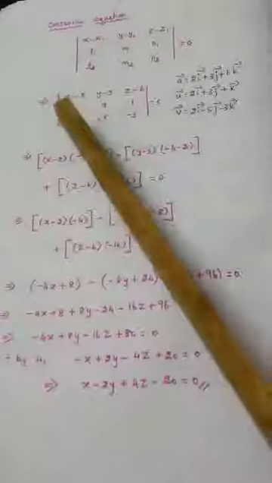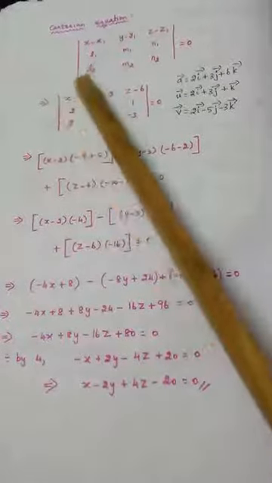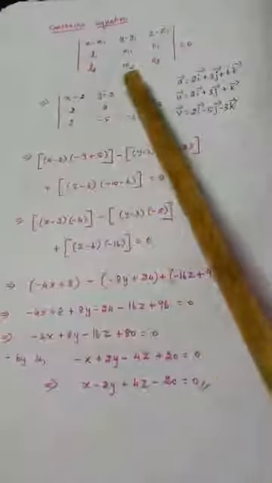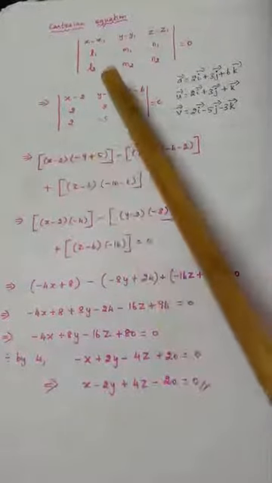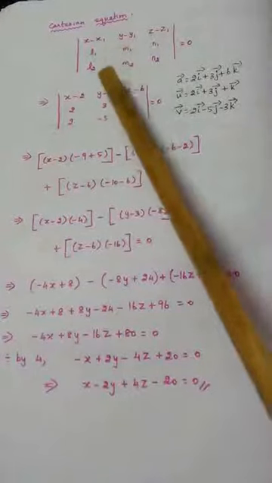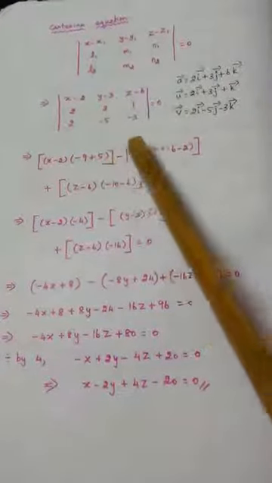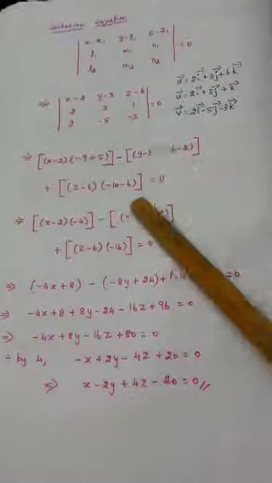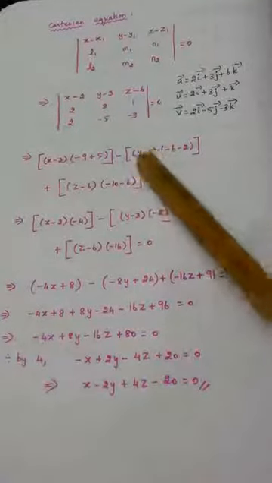You know how to expand a determinant. So first this is plus, we know. So x minus 2 into, leave this column, leave this row, just cross multiply and write the answer here. We know very well plus minus plus, so this term carries the minus symbol. So putting minus, opening a square bracket. Even you can do the calculation in the same way, so you won't get any confusion here.